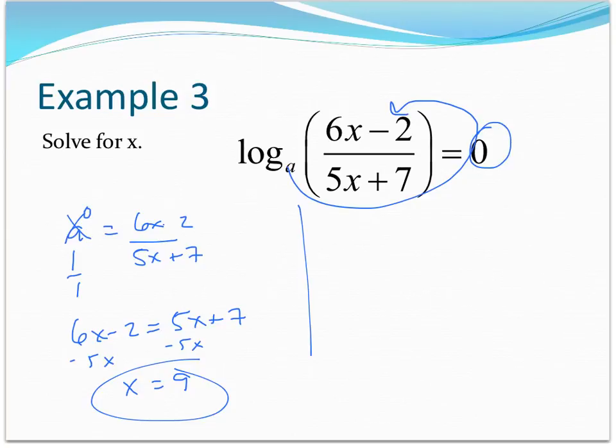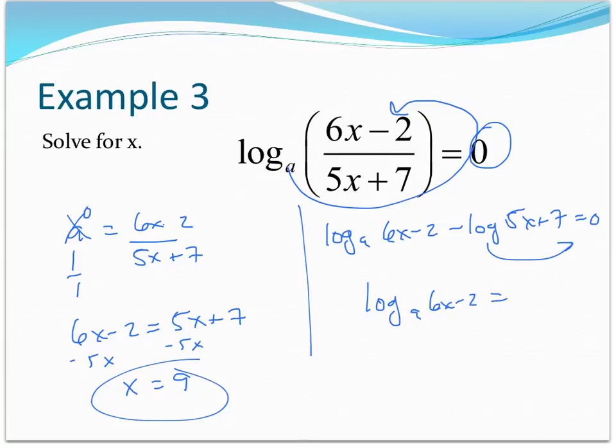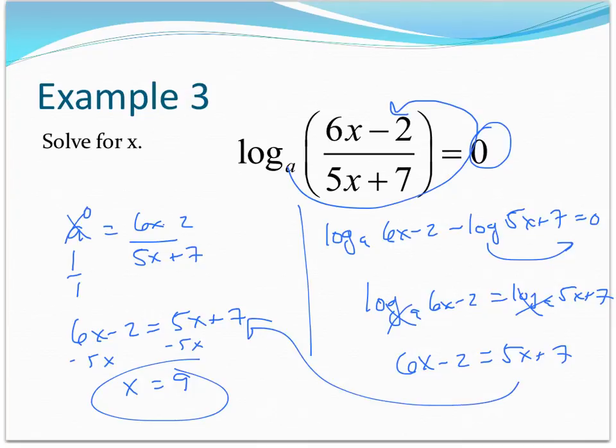Another way to do this is I could split the logarithm because it's division. That means I can expand and create a subtraction problem. If I move that over, I have log base a of 6x minus 2 is equal to log base a of 5x plus 7. Because the bases are the same, I can cancel them out, and I get 6x minus 2 is equal to 5x plus 7, and we're back at the same spot, just a different way of solving the problem. So those are two more examples of solving equations with logarithms. Keep in mind that, whether it's this problem that we're doing here,